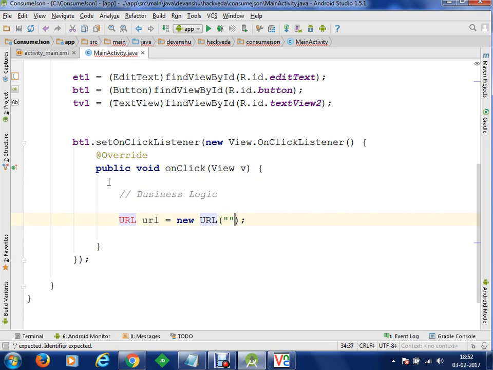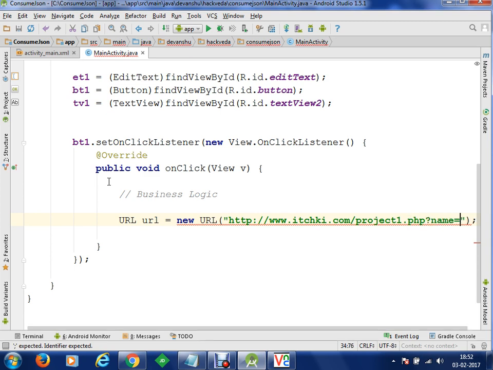We are going to connect to http://www.itchkey.com/project1.php, and we are going to provide a name. This name will be a value which we are going to take from the EditText.